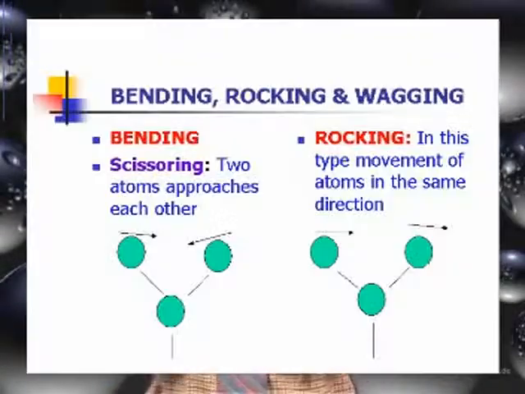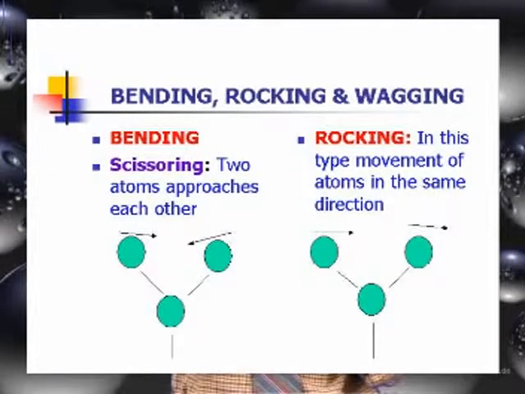If we go for bending frequency, not only does the position of the atom change, but a change in angle also occurs. For example, scissoring and rocking are both in-plane bending frequencies. In the scissoring mode, just like a pair of scissors, both move in opposite directions, one in clockwise direction, another in anti-clockwise direction. Automatically, change in bond angle occurs with the change in frequency. That is what is called bending frequency.